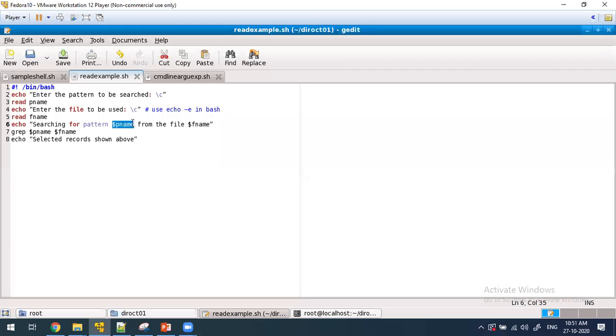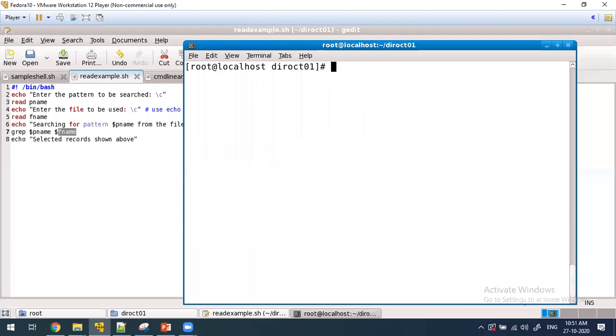Since this is a variable, you have to use $p name, from the file $f name, because you have to print the content of that variable. Then grep followed by the pattern and file name. If anything is found, it is going to print the output. We'll see how it works now.